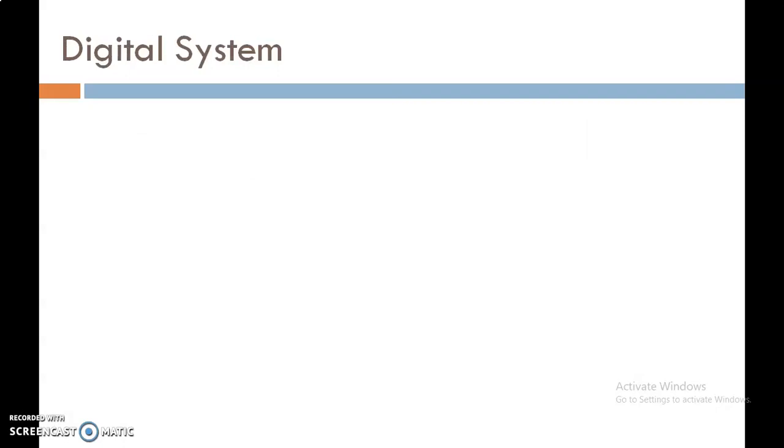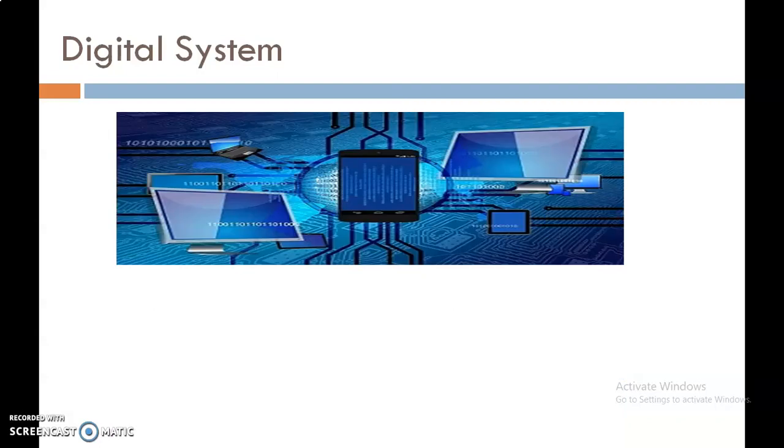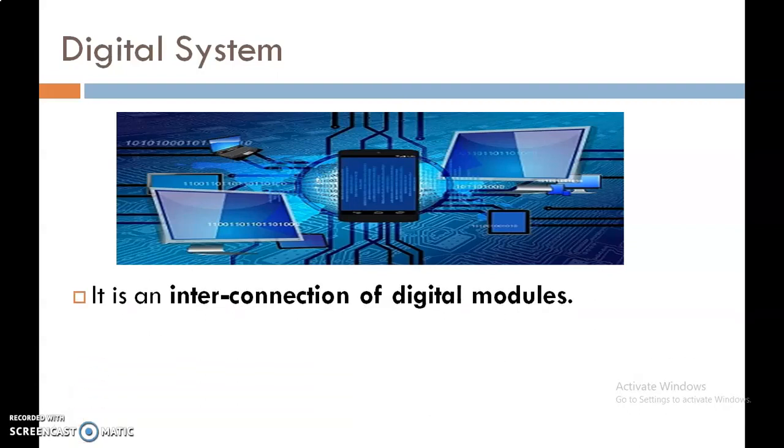Now start our session with digital system. There are two systems to transfer signal from one place to another, like audio or video. First system is analog system and the second system is digital system. Digital system uses binary format 0 and 1, whereas analog system uses electronic pulse. Examples of digital system are computer, CD, DVDs, mobiles, etc.